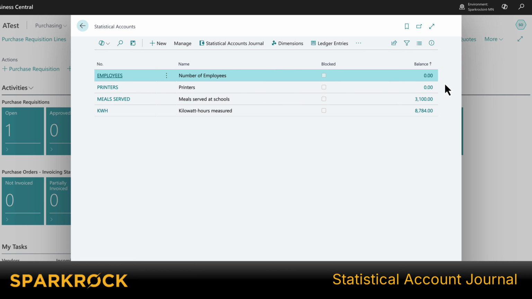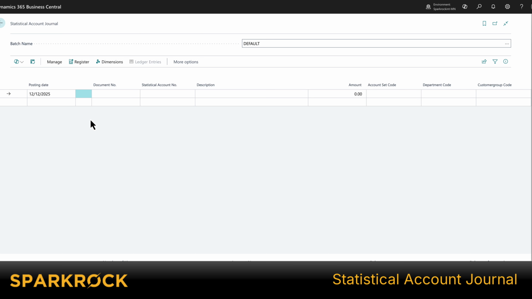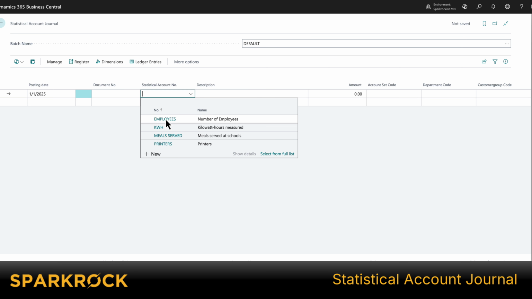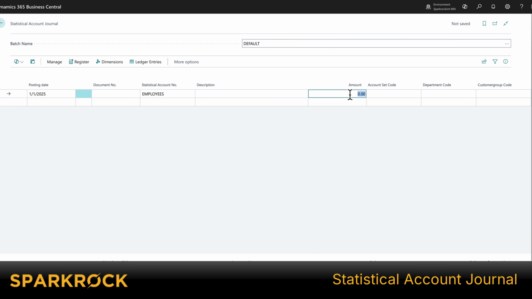Using the Statistical Account Journal is similar to the General Journal, and you can navigate there by going to Tell Me and searching for Statistical Account Journal, or there's an action right here on the Statistical Accounts page where we can select and navigate straight there. So to keep things simple, let's say at the start of 2025, there were 1,600 employees split between two departments 70-30. So we'll select our employees statistical account that we just created, and in this case, we'll put 1120 employees,